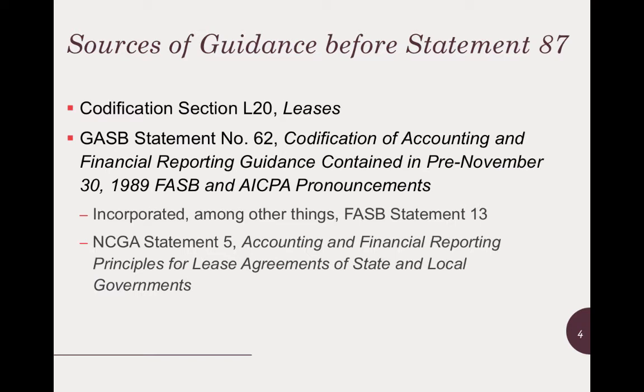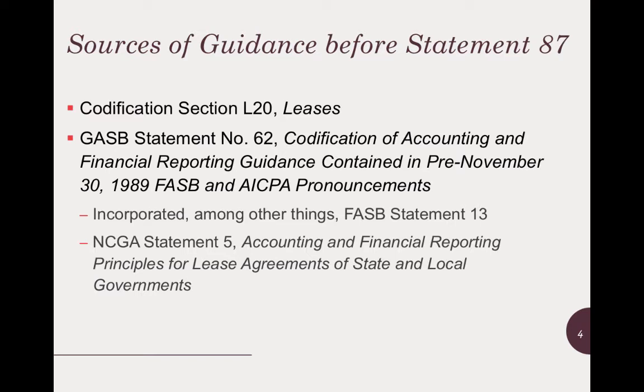And so they set in stone everything that was applicable to state and local governments in the FASB literature as of that date. That could be applicable to GASB, but any changes made by FASB after that would not be applicable to state and local governments. And those standards, even prior to November 30th, 1989, would only be applicable if they don't conflict with or contradict GASB's own standards. And so over the years, GASB established standards in a number of areas that replaced a lot